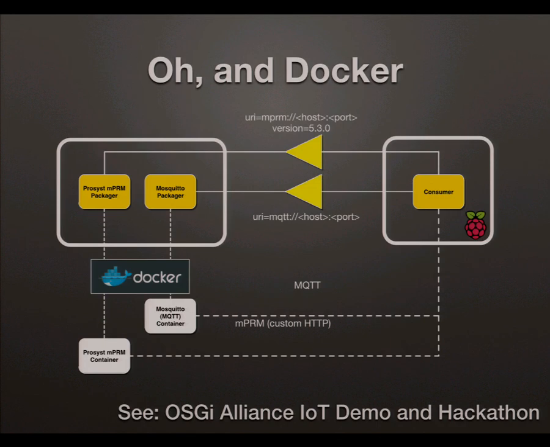And by the way, I'm going to say the Docker word, the D word. We can have these processes implemented as Docker containers, again, publishing their existence. So Mosquitto, this time inside a Docker container, publishing an MQTT endpoint, being used by a consumer. This is actually what's running on the very popular OSGi IoT stand downstairs. My colleague Venelin has a Raspberry Pi. The Raspberry Pi is discovering the back-end services in the cloud that it needs to talk to. So you can plug in your Raspberry Pi, it sees what it needs to connect to, and starts working.